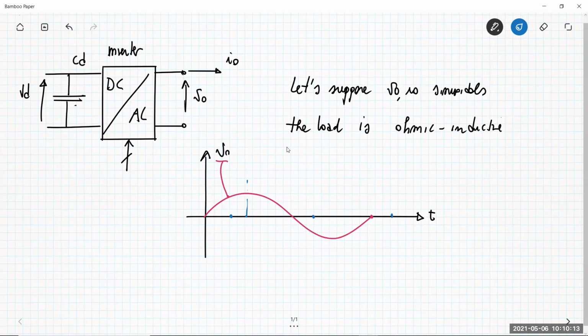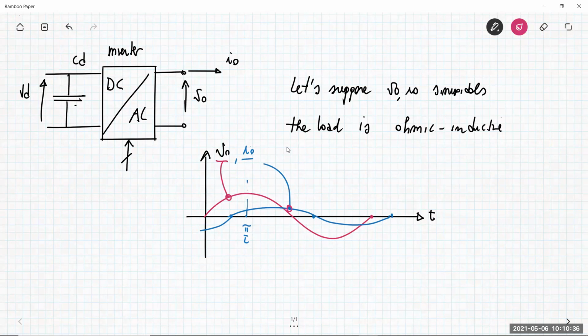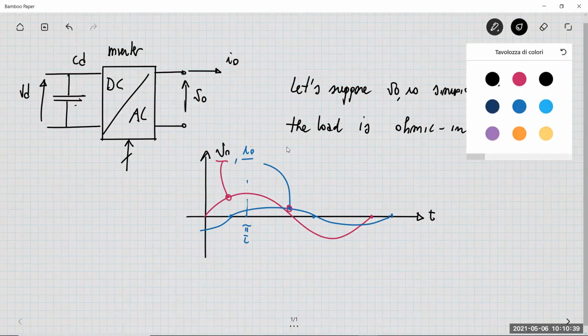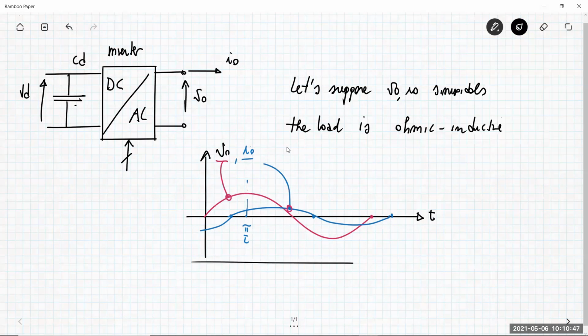So the current is something that has a lag which is less than 90 degrees. So it is something like this. For example. And so this is the current I0. So what we can say about this typical behavior of the output voltage and current after the modulator in our inverter,